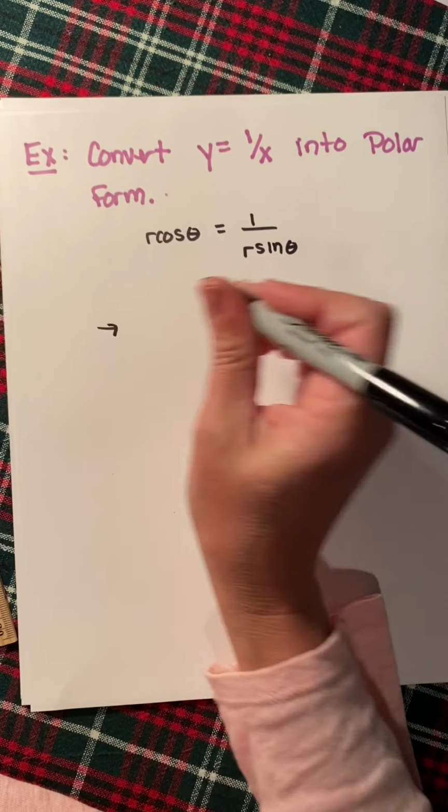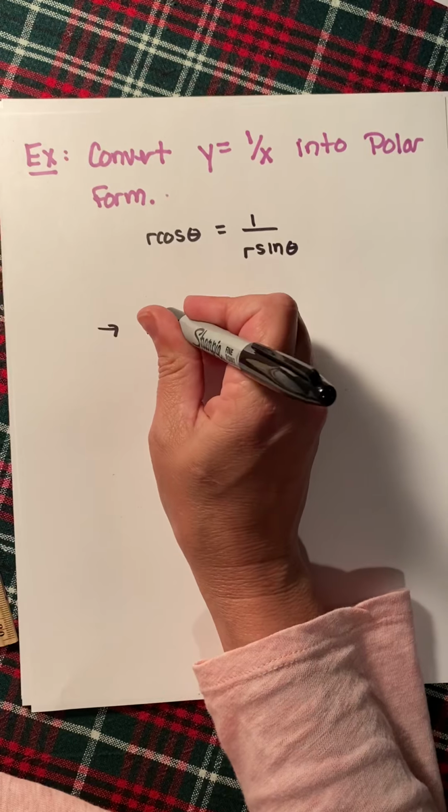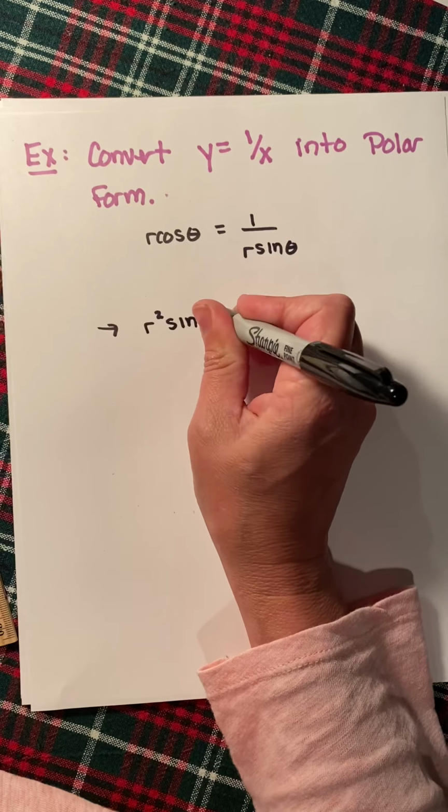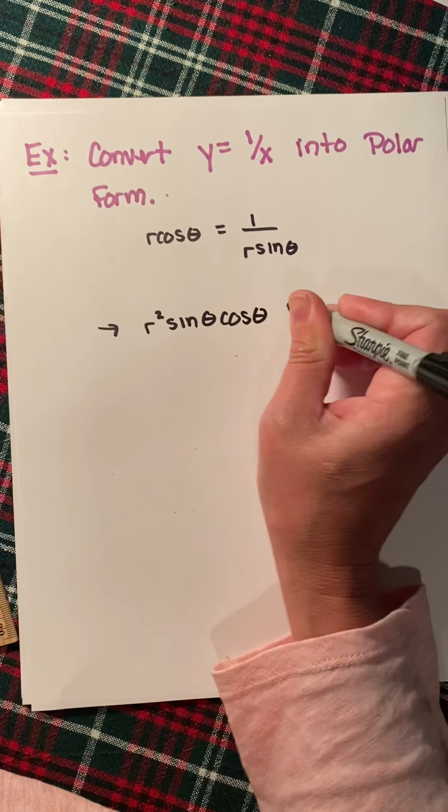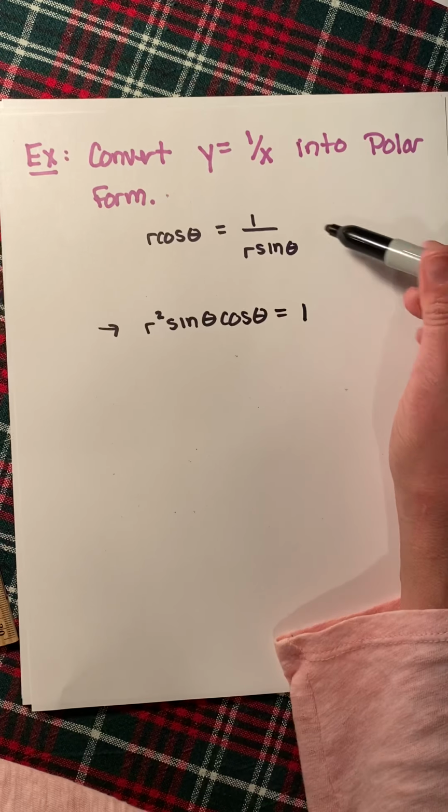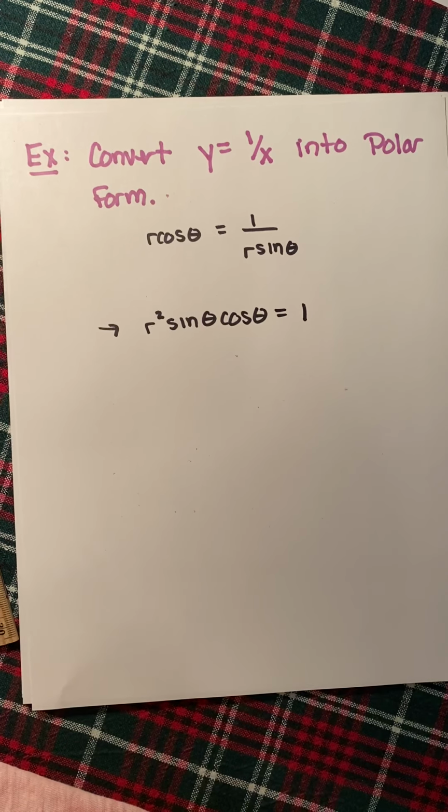If we multiply both sides by r sine theta, you see that we get r squared sine theta cosine theta equals 1. So this is not incorrect. This is a little more visually pleasing because we eliminated the fraction. Even more interesting,